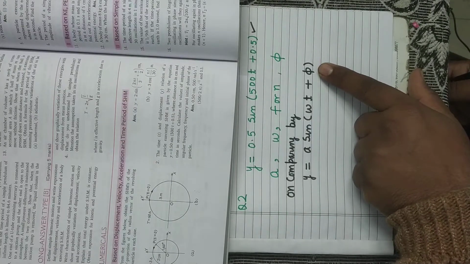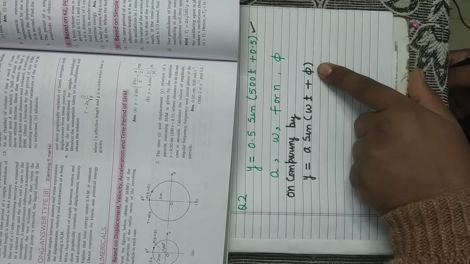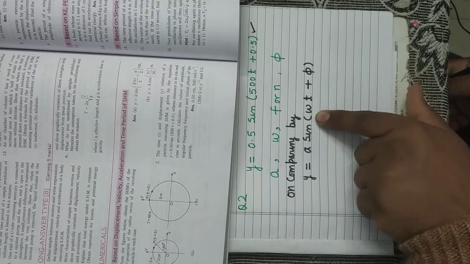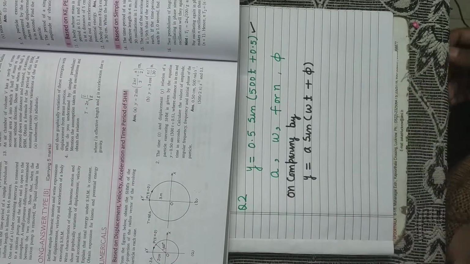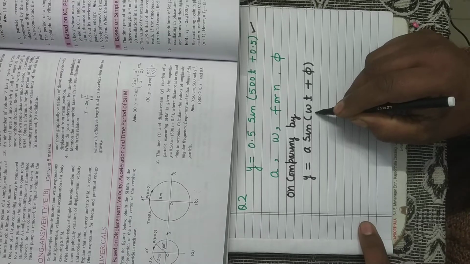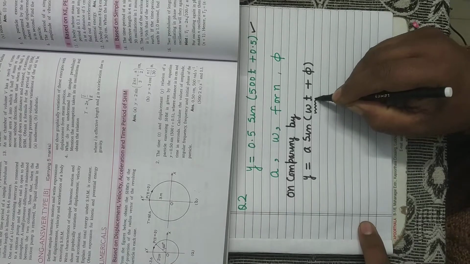Initial phase we take in radian. What will be the unit of omega t plus phi? It is also radian. What is omega t plus phi? It is the phase at time t. What will the phase be at time t? That will be given by